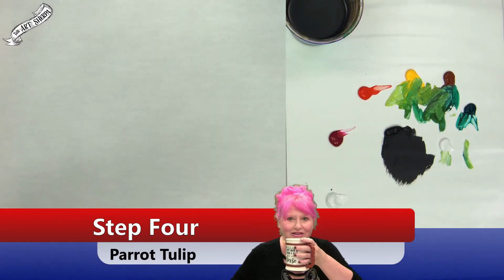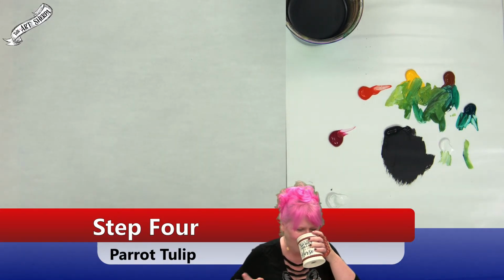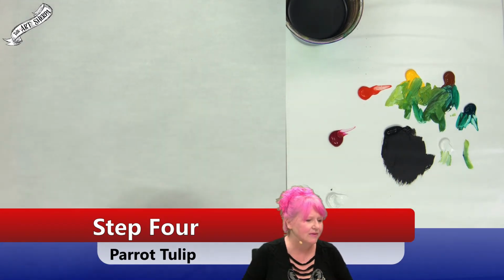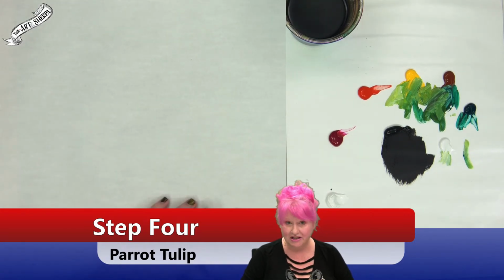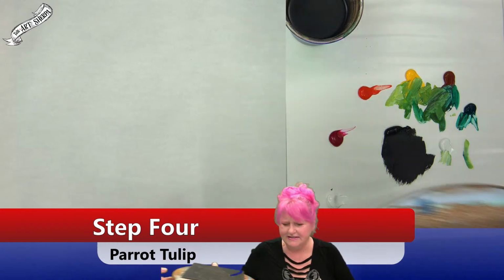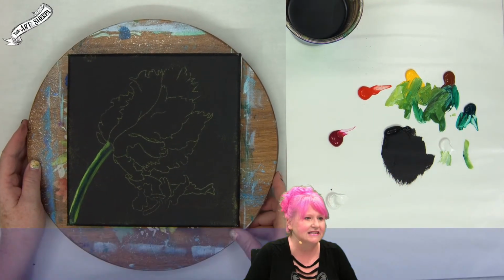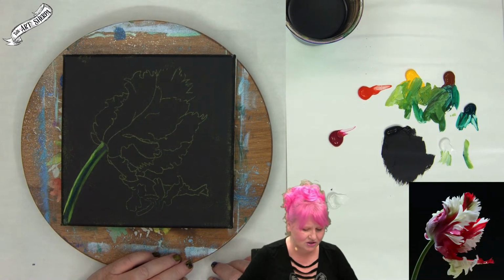Woo! Painting tulips. Such busy business. This particular tulip is a little bit busier than you might think, and I'm going to introduce you to some really cool tools that will help you paint it. I definitely have found some fun brushes and things along the way that make certain tasks much easier. They're not necessarily the first brushes you would go out and buy, but if you're going to paint consistently at all, I do recommend them because they give you such great effect